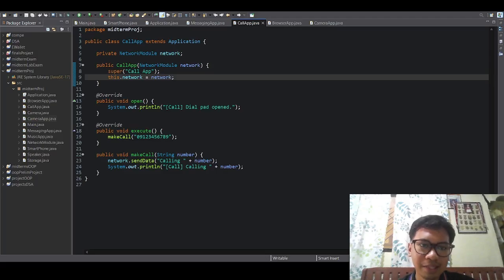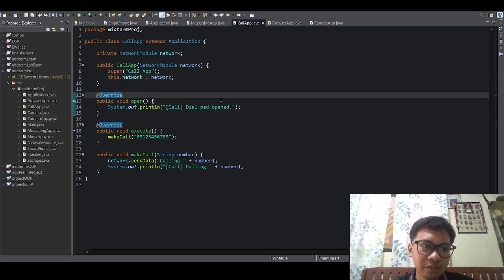So just like messaging app, call app also extends and uses a network module. This shows inheritance in action. Both apps share the same parents and follow the same contract. So here in our method, we also override,